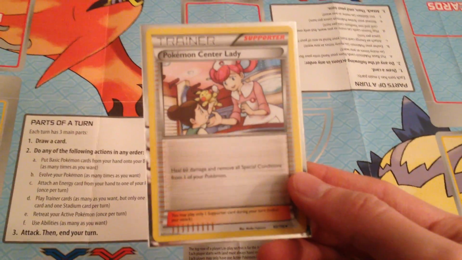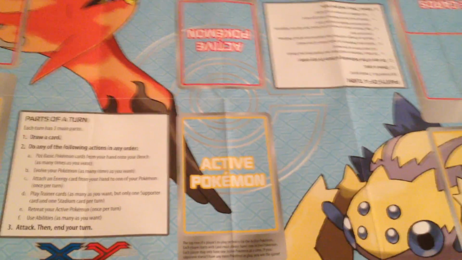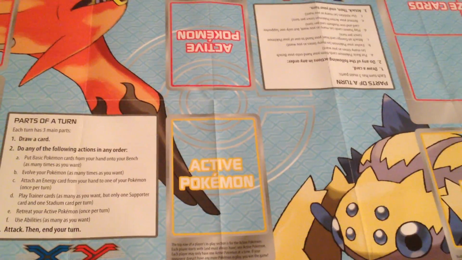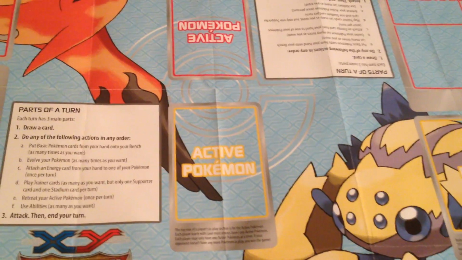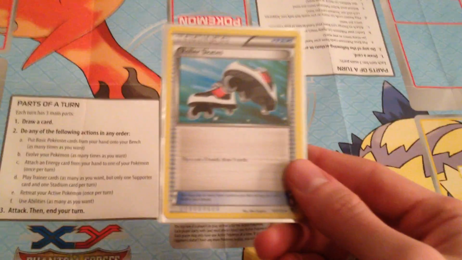And Pokemon Center Lady, this might buy us another turn by healing somebody up enough, so that can be nice, gets us out of status. That's okay. It's okay. We got 7 non-supporter items, I guess, or trainers, I suppose you'd say. We got 1 Roller Skates. Hey,